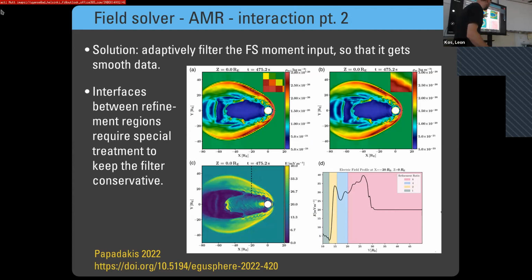And the paper goes into all the details, has special handling on refinement boundaries, of course, because we are doing a filter that's a finite impulse response filter that basically takes the signal and blurs it out. But if you're on a refinement boundary, then it blurs over the edge, where the other side does fewer filtering steps, and it needs to be conservative and to make sure that all the